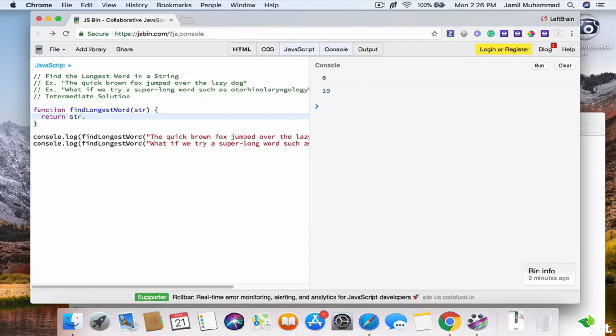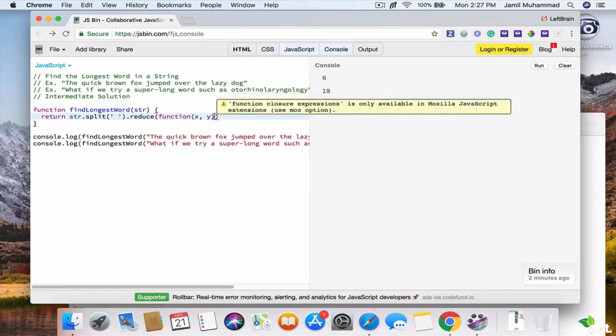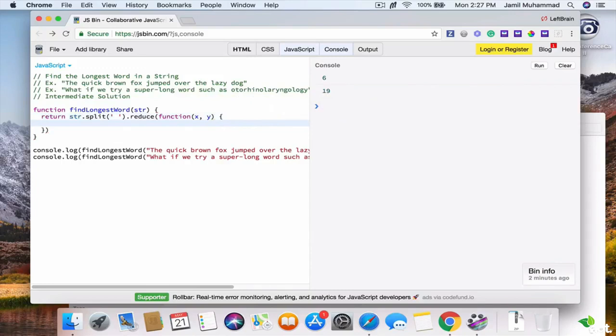So return string dot split function keyword, and then single quote space, open close parentheses, dot, to instantiate the reduce keyword function, and then we're going to use the word function, and then x y, make sure this is the space, and then open close parentheses here, make sure you leave a semicolon there, and then in between here we're going to type return keyword, and then we're going to have the math function instantiate max,